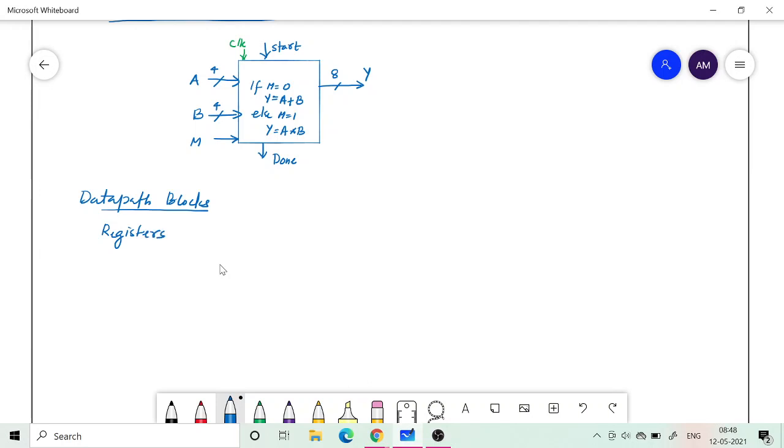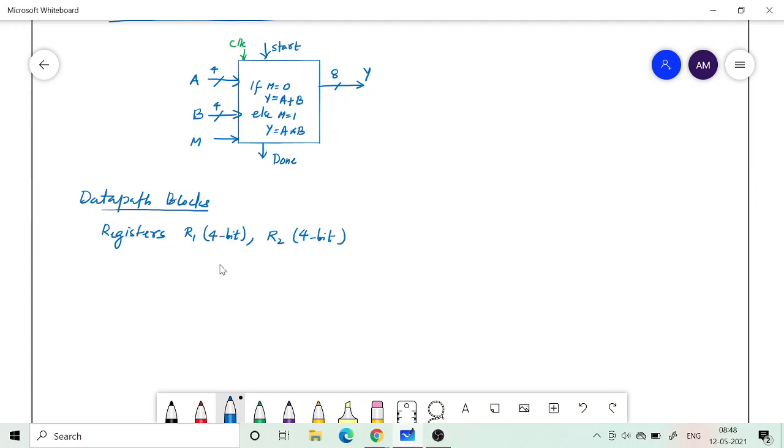How many do we need? At least 2 registers in which we can keep the inputs. Register R1, which should be 4-bit. Then register R2, that is also 4-bit.